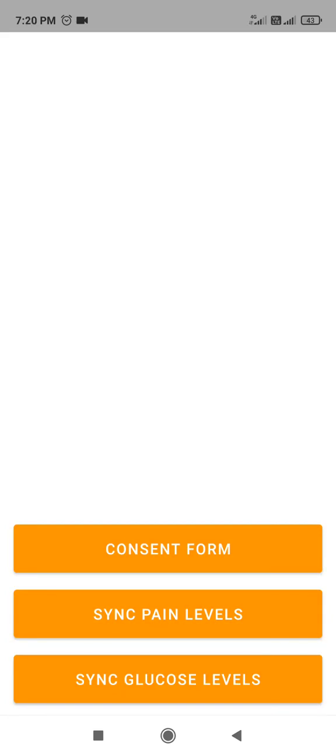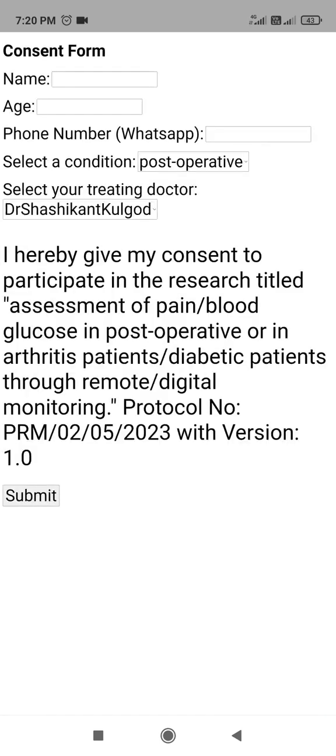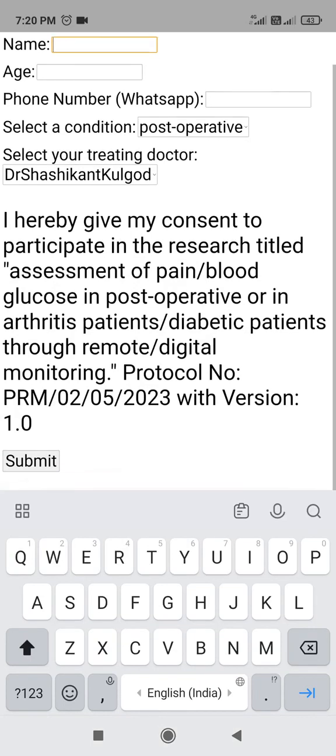So glucose levels is for diabetic patients, sync pain levels is for pain management. It could be post operation pain management, and arthritis pain management, right? So there's a simple consent form. You can fill the consent form, and then